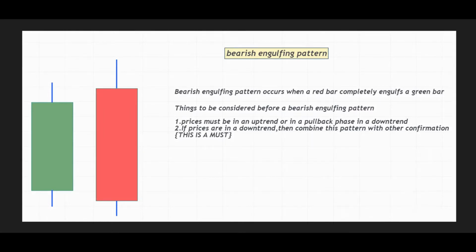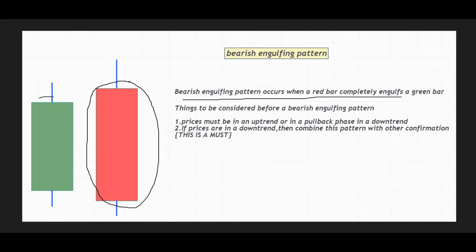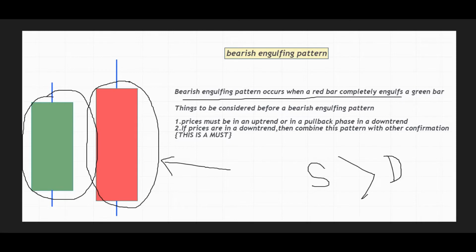So what is a bearish engulfing pattern? A bearish engulfing pattern occurs when a red bar completely engulfs a green bar. A red bar is completely engulfing the previous green bar in a particular time frame. This kind of pattern is known as a bearish engulfing pattern. This is indicating that supply is overcoming demand very aggressively in the markets in that particular time frame. So this is indicating bearish domination in the markets. Bears have completely taken over the markets